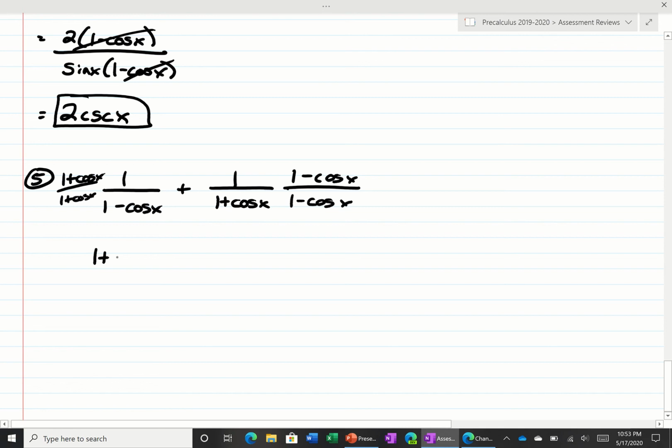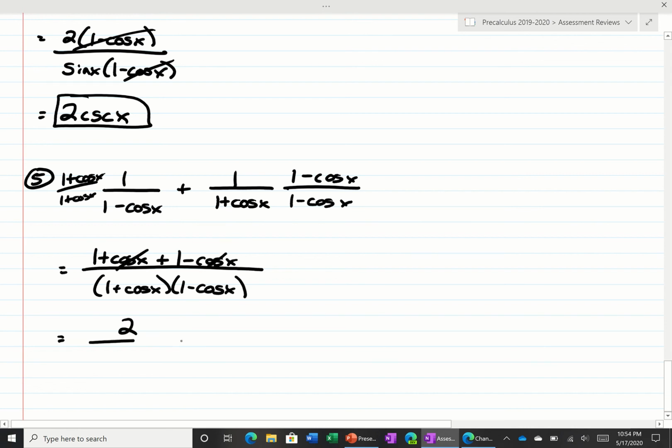And we get 1 plus cosine plus 1 minus cosine over 1 plus cosine times 1 minus cosine. These cancel. We get 2 over 1 minus cosine plus cosine